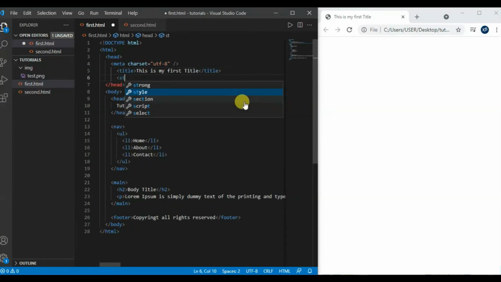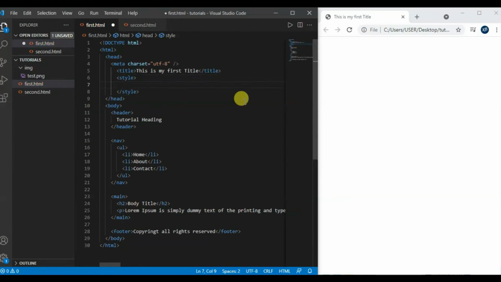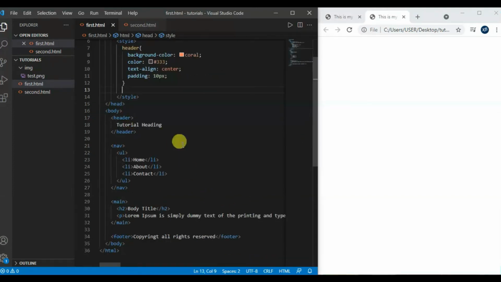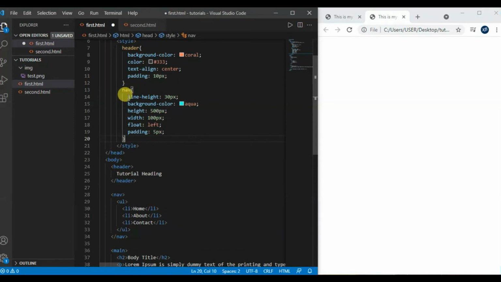Now we add styles into the style area. So we just write down style and use header and add the style related to that. Use the nav and add the style related to nav.